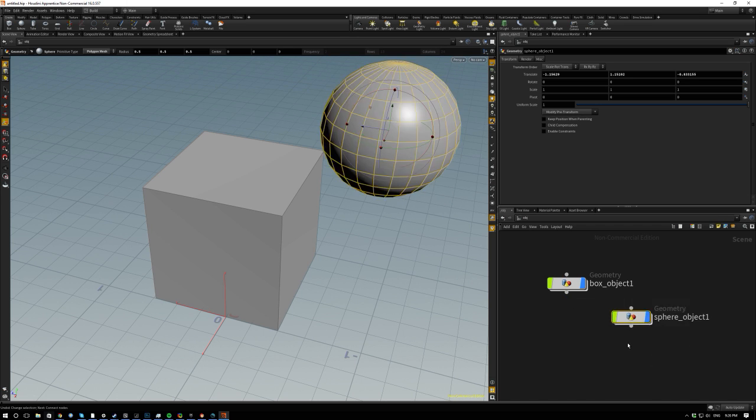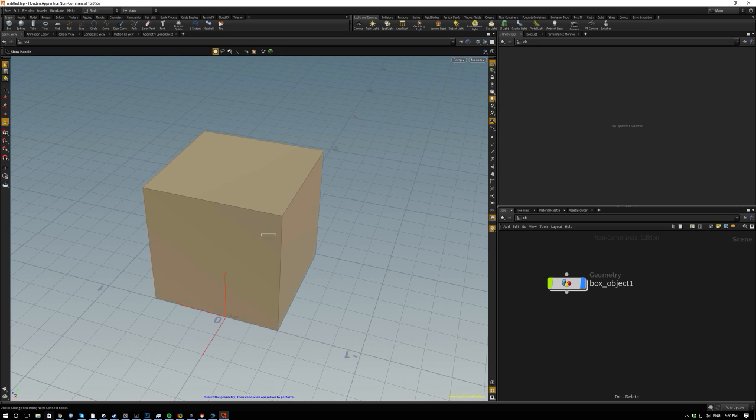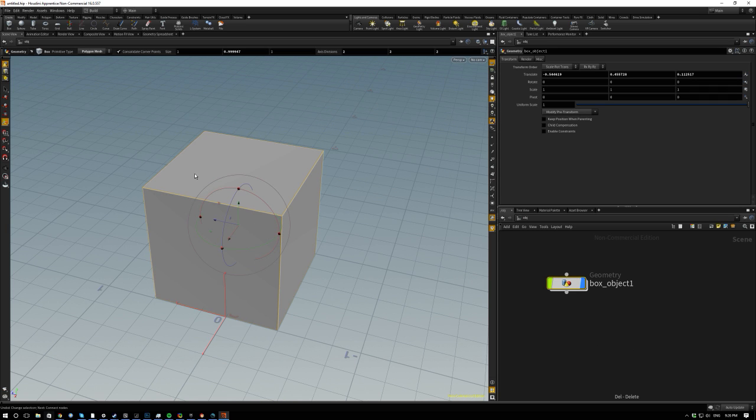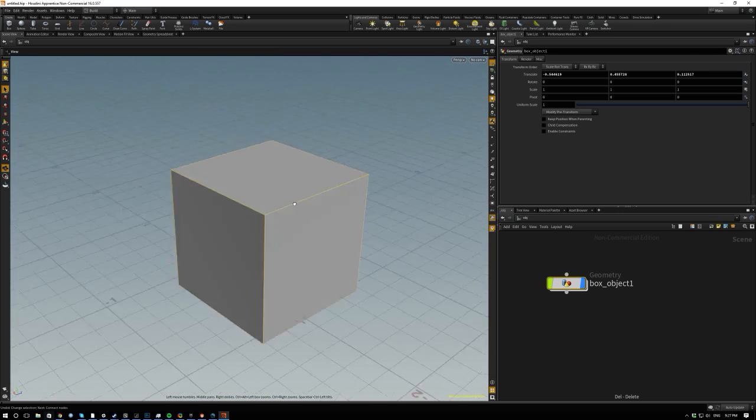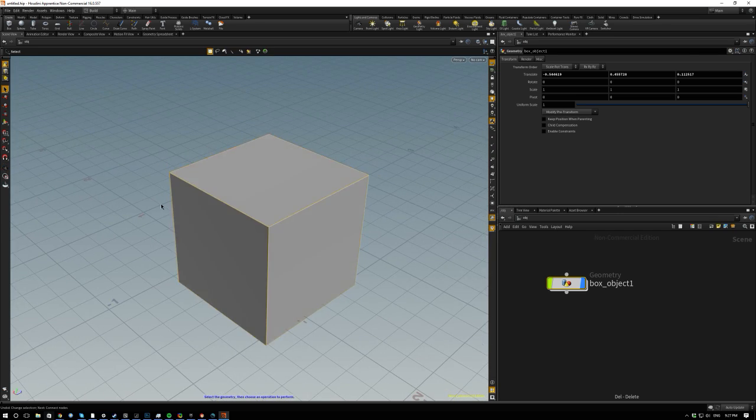So let's grab the sphere and delete it. So let's talk about the select mode. If I click on the object, you can see I'm in object mode right now. That's what it's called in Maya or in other standard 3D applications. If I press S on the keyboard,